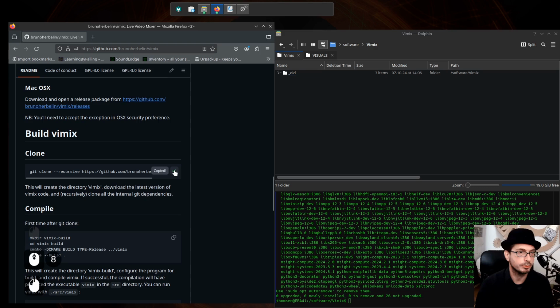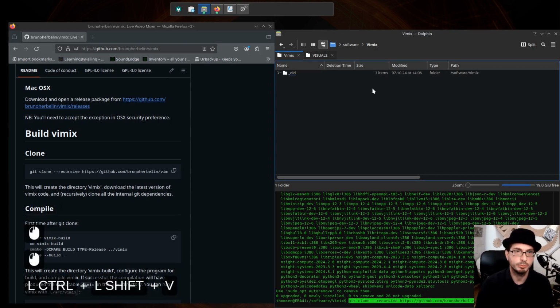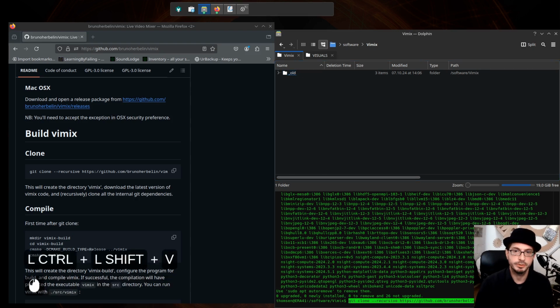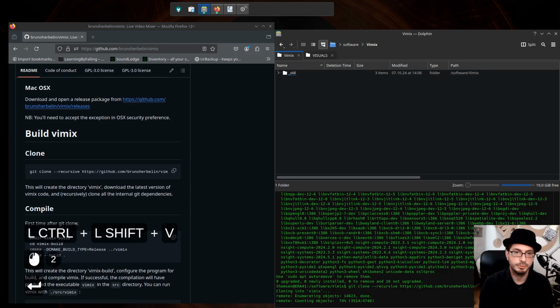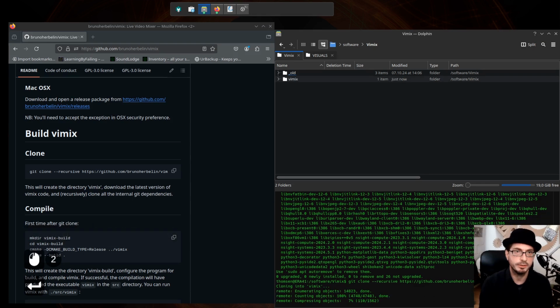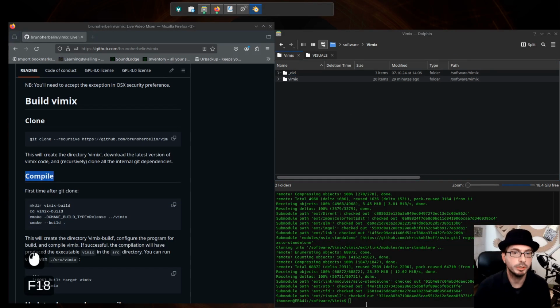First, cloning, of course. Just copy this, get it here. So, by the way, remember to hop into this directory you created. So there are already some old versions. Don't get irritated. So copy this command, press enter, and get the sources. Okay, sources are loaded. You can see that by having this folder called Vimix, and we're going to follow along